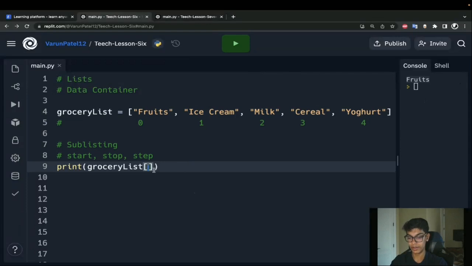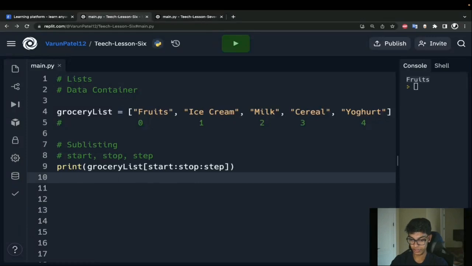Well, with our brackets, we're actually going to use colons. So my start value is going to go here, my stop value is going to go here, and my step value is going to go here. This should look similar to a range function where you have your start, your stop, and your step.